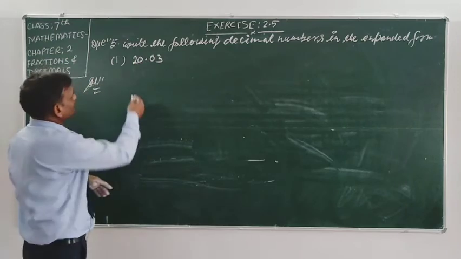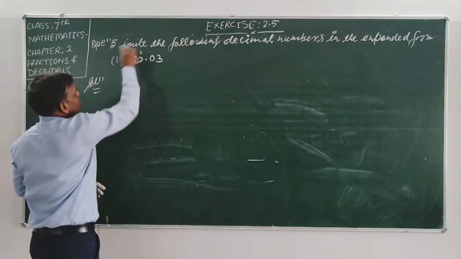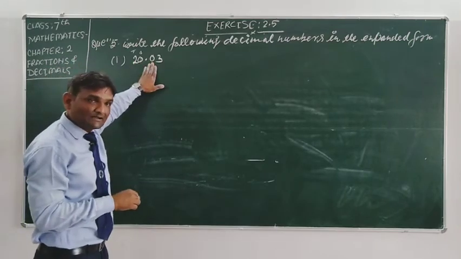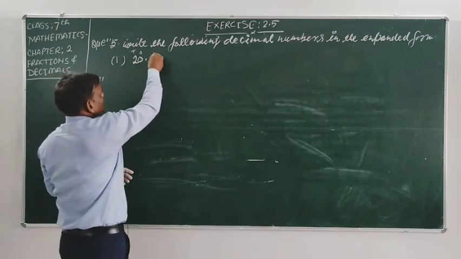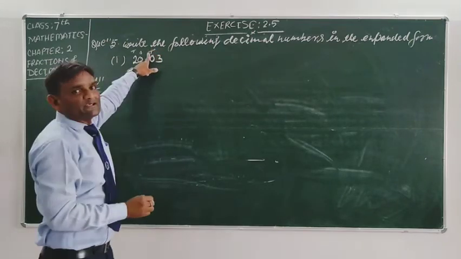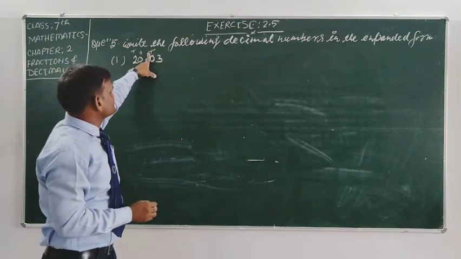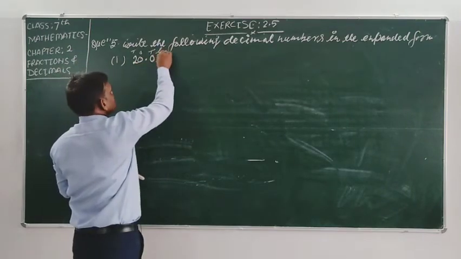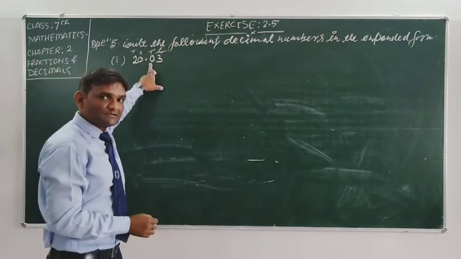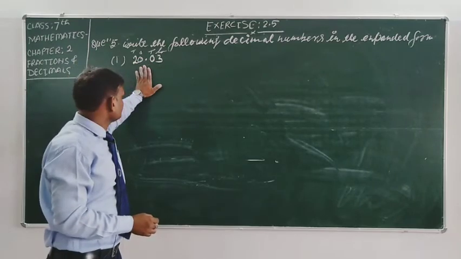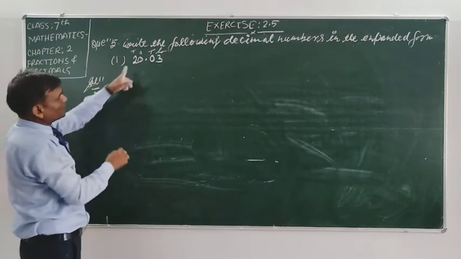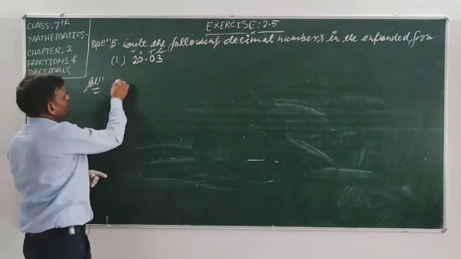Very easy. So student, this is the ones and this is the tens, you know, because this is the whole number part and this is the decimal part, and the name of this place where you have written the 0, that is the tenths place. And this is the hundredths place. The places are clear to all of you. I have discussed in my introduction video. So, student, how can we write in expanded form? This is the tens.